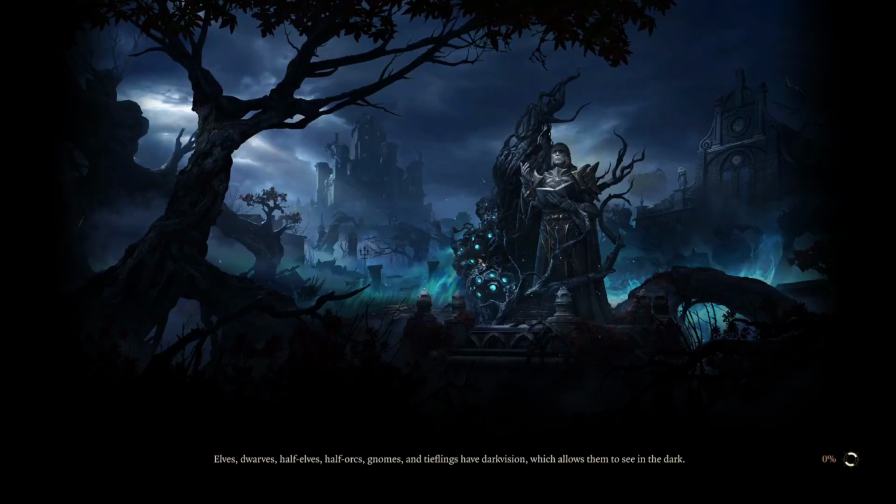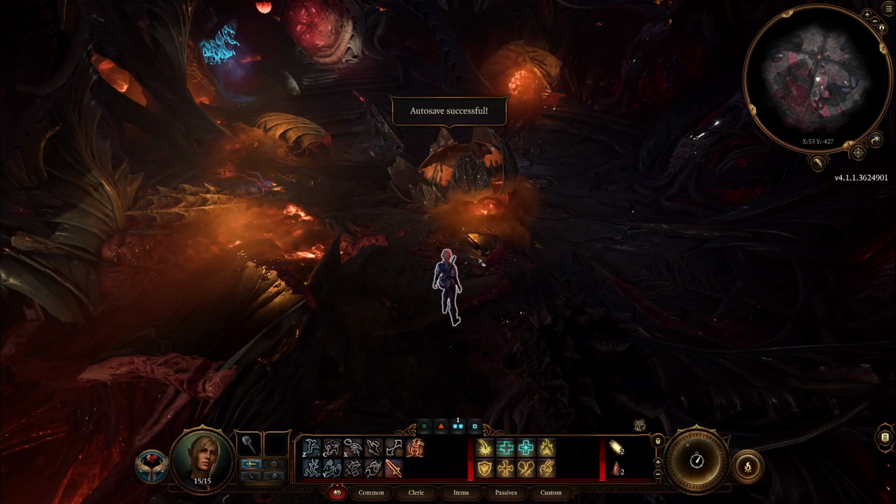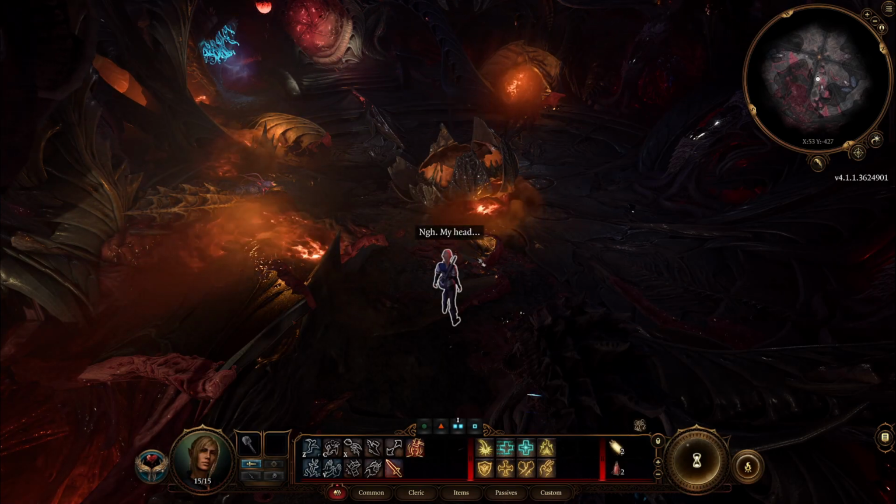That works. Let's go. All right, maybe we'll get some done without crashing. At least this time we were able to create the character without crashing.